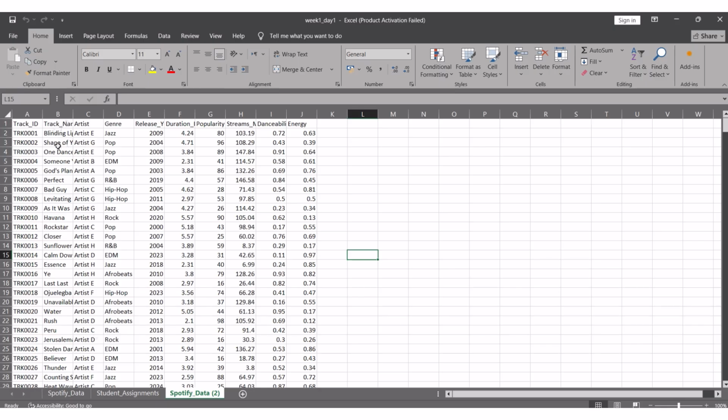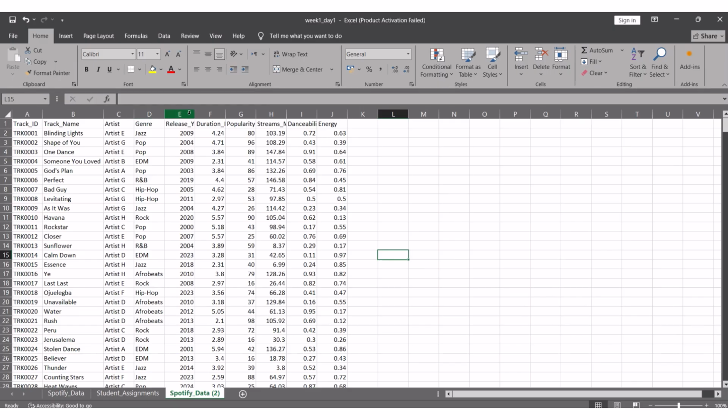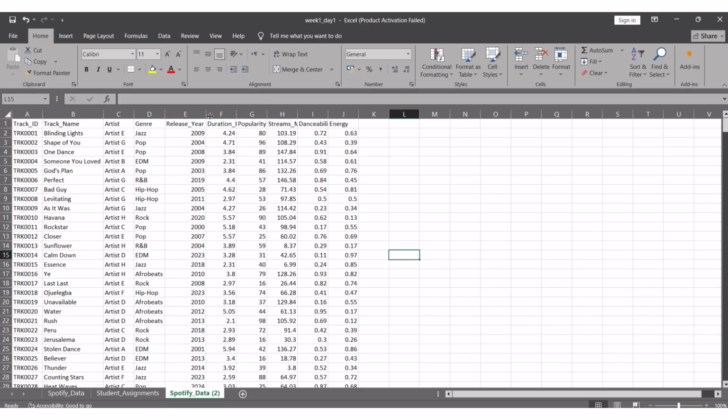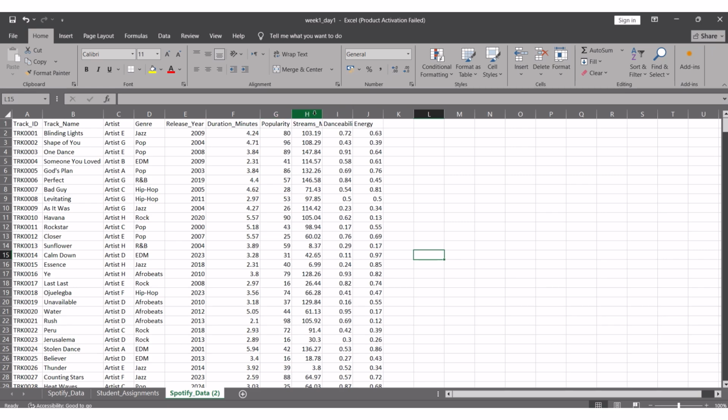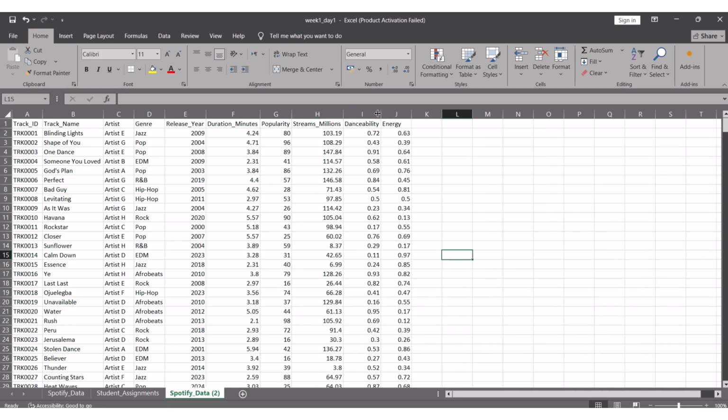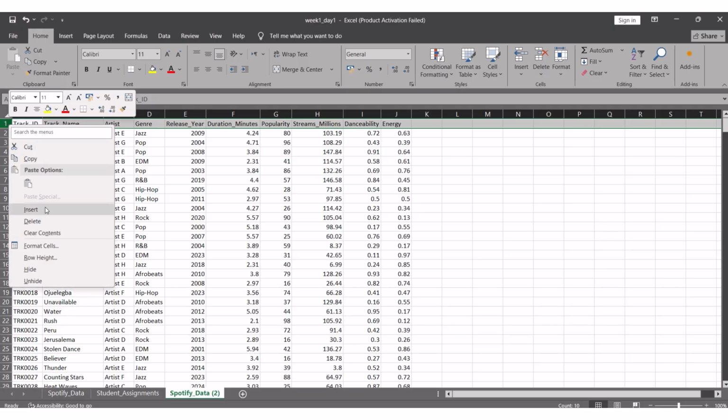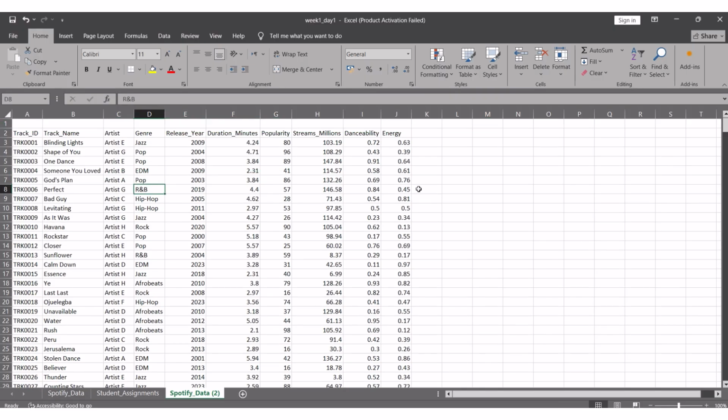All right. So from here, we just align our columns, right? We align them nicely. Good. Then we insert another row at the very top. And then we highlight from column A1 all the way to J1, and we merge and center them, right? Then we write in here, this is Spotify data. So we just write Spotify